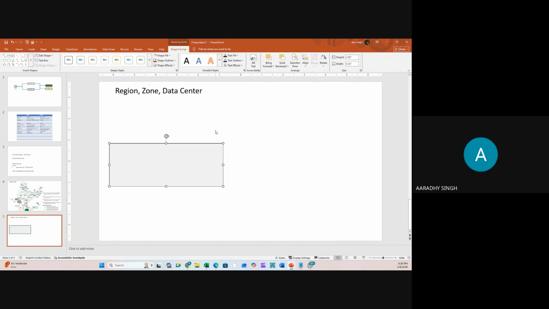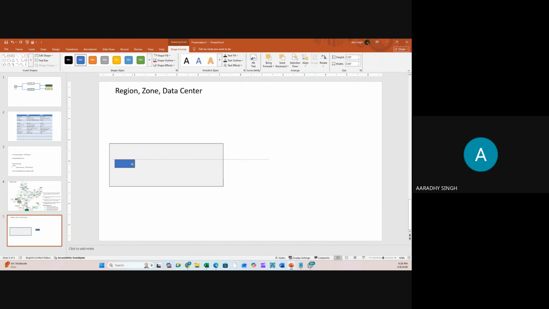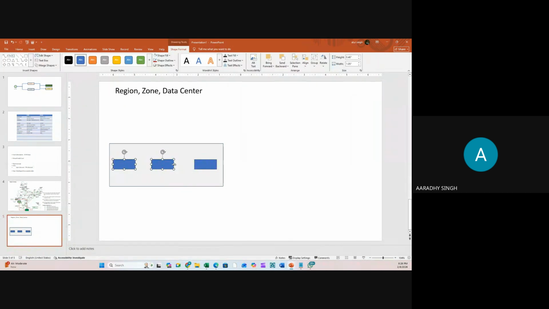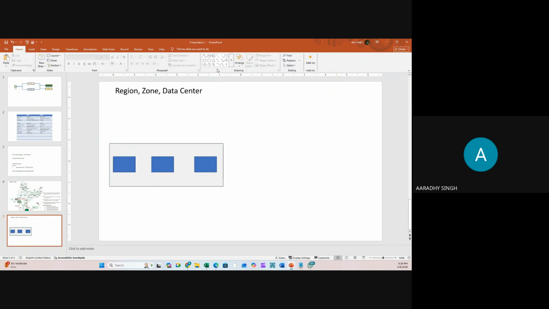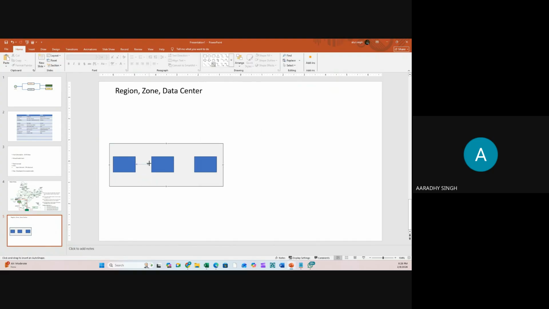In this region, Microsoft will give you a minimum of 3 data centers. It can be 6 also, but minimum you'll get 3 data centers. So this is your DC1, DC2, and DC3. Whenever I say DC, I'm talking about a data center. So you will get a minimum of 3 data centers in one region, and these 3 data centers will be internally connected. Worldwide, we have 70 plus regions available. All these regions are internally connected, and these data centers also will be internally connected.